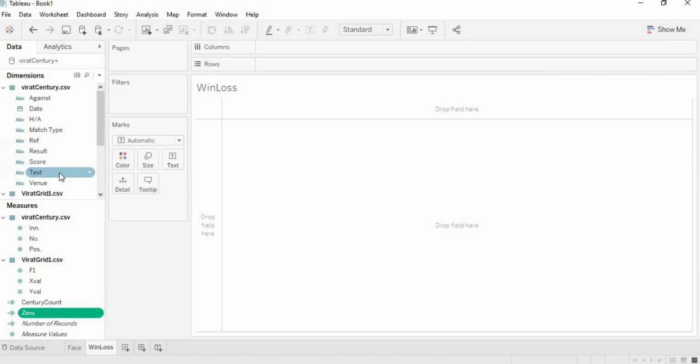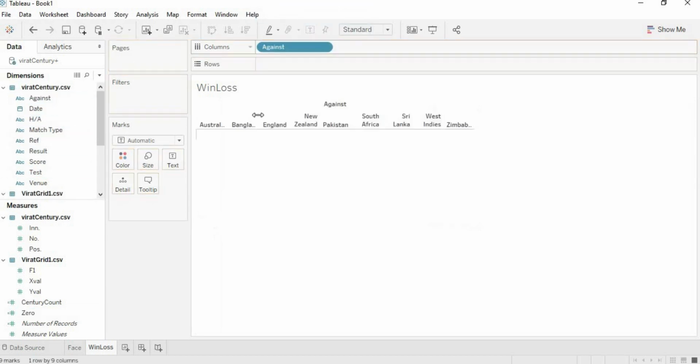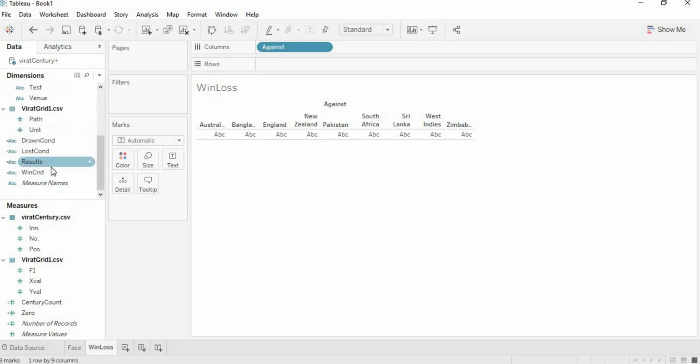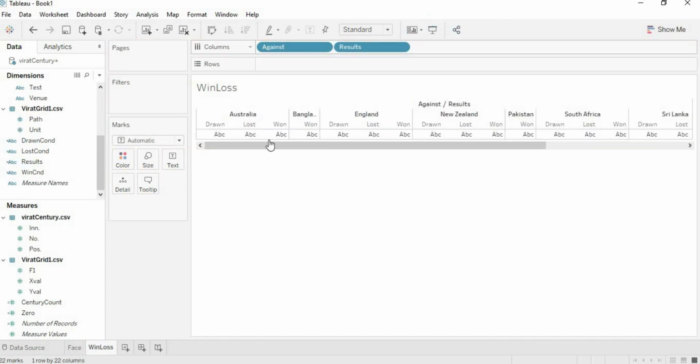Now drag against into column and the results, where is it? Yeah, this results here. So I will get every single criteria within the team, like within Australia: drawn, lost, won.